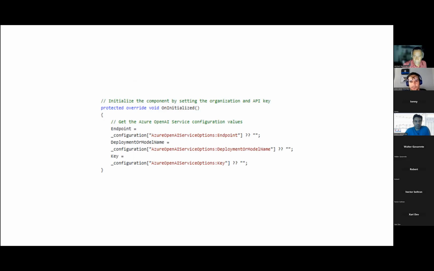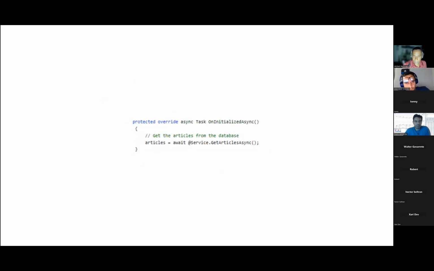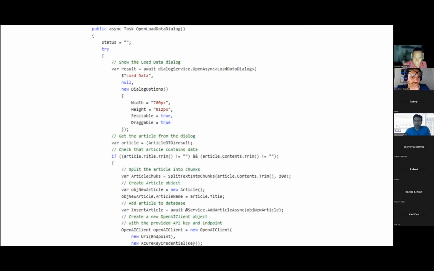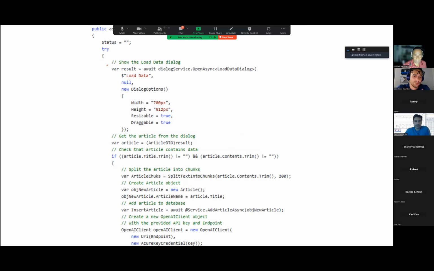And again, this is where I get my settings. This right here is just, like I said, saying, show me the articles. However, when a person is adding an article to the database, this is what basically happens,